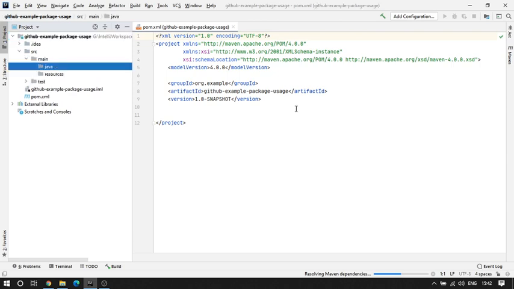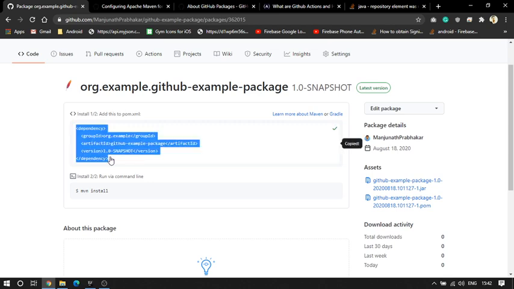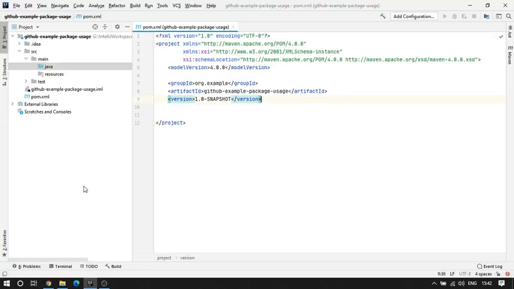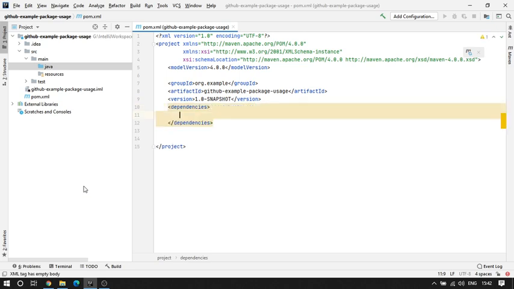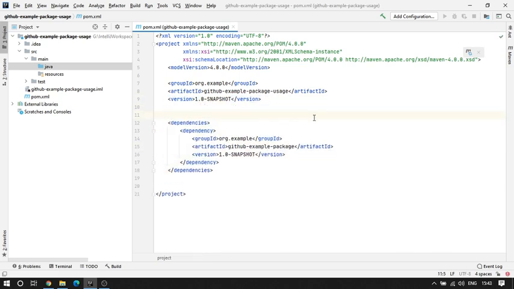So what I'll do here is I'll copy the dependency. Under dependencies, I'm going to add my dependency here. Okay, so I'm going to refresh my Maven project, Maven POM file. So it is resolving the dependencies.